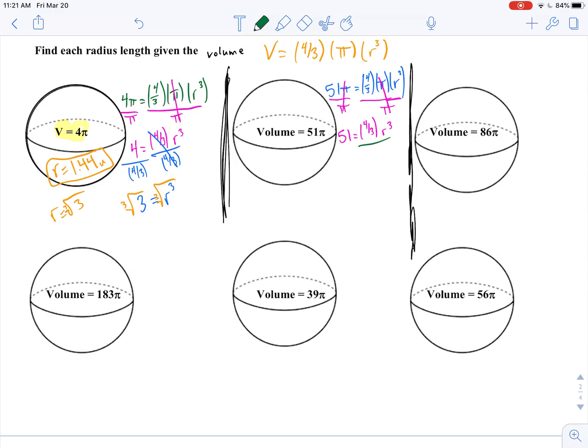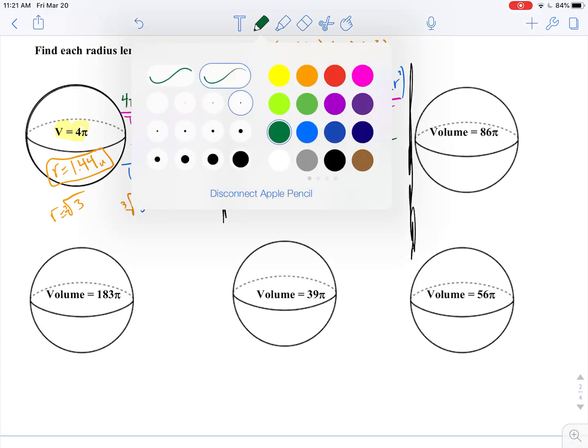And now I'm trying to get r cubed by itself. So what do I need to get rid of on this side of the equal sign? What needs to go away? Well, 4/3 needs to go away. And what's the opposite of multiplying by 4/3? Well, that would be dividing by 4/3. So if I divide 51 divided by 4/3, I get 38.25